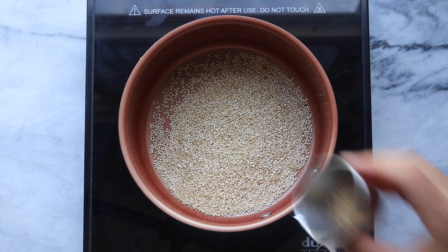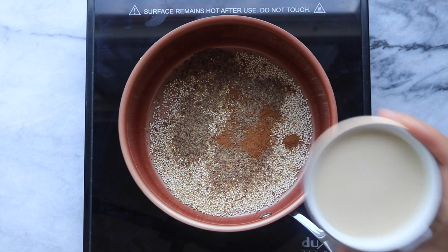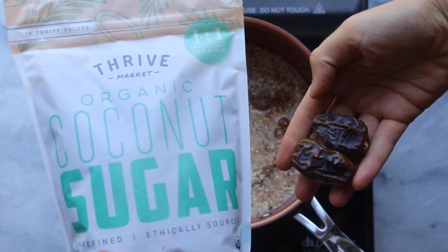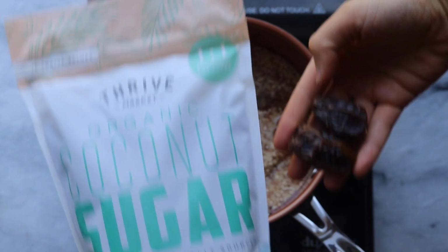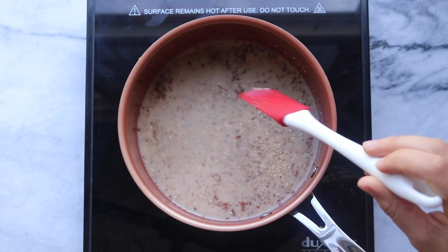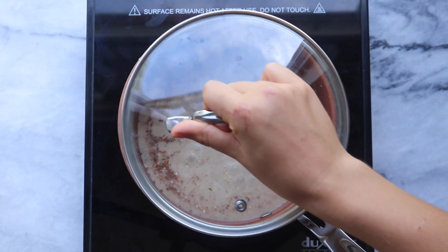So we're going to add that to our pot with some ground flaxseed, a little bit of cinnamon, and our coconut milk. And now you have a choice. You can either sweeten this with about 2 teaspoons of coconut sugar or 1 to 2 chopped medjool dates, whatever you prefer or have on hand. But you're just going to stir this mixture together, bring it to a boil, and then cover and let it